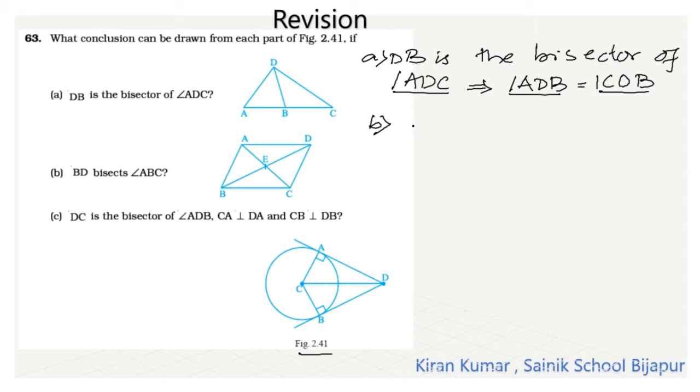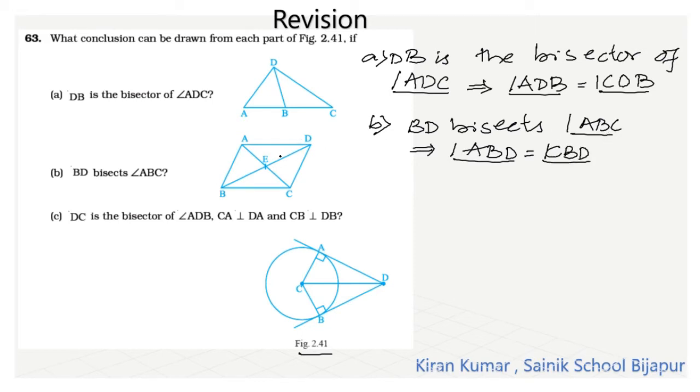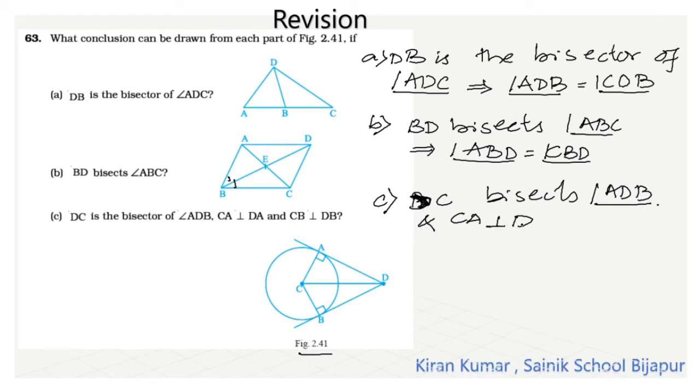Next is BD bisects angle ABC. Therefore, this implies that angle ABD will be equal to angle CBD. Next we have DC, the bisector of angle ADB, and also CA perpendicular to DA, and CB is perpendicular to DB. So there are two parts which are to be written here. They are angle ADB is getting bisected by DC, which means